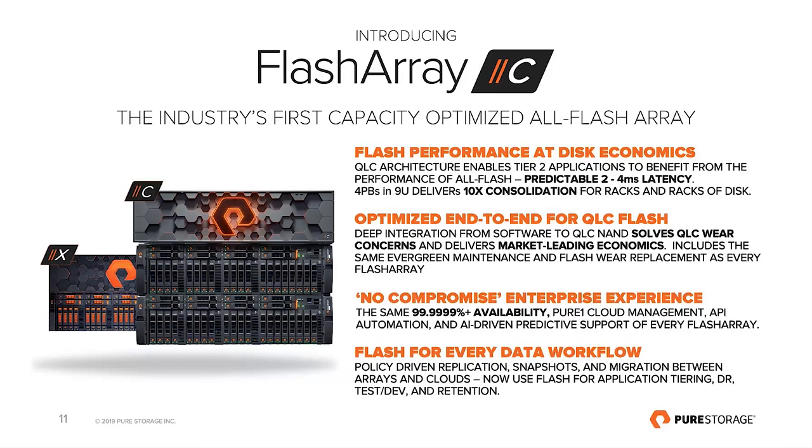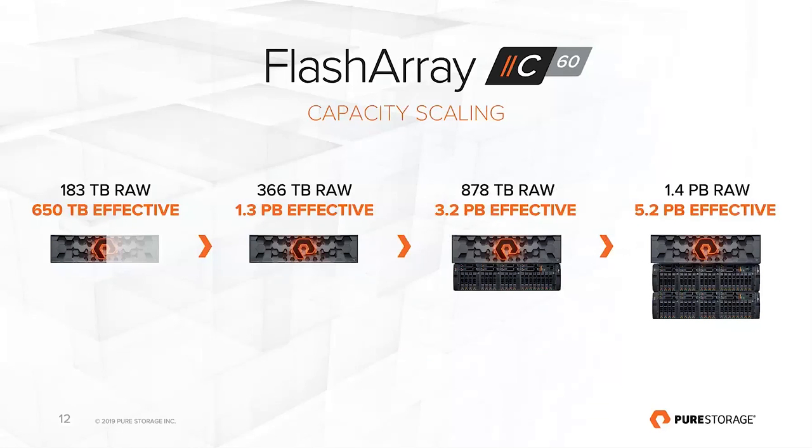Now, one of the best things about this product is it's just another Flash Array. So for customers that have basically gotten used to our Flash Array X and the simplicity that it delivers, all the enterprise services come straight away to the Flash Array C. Although Flash Array C is lower cost, I also want to mention that it has the capability of